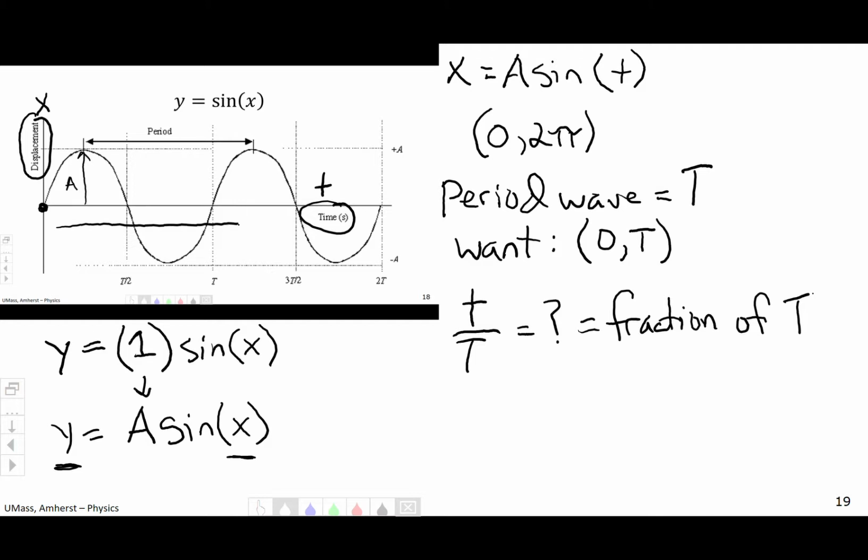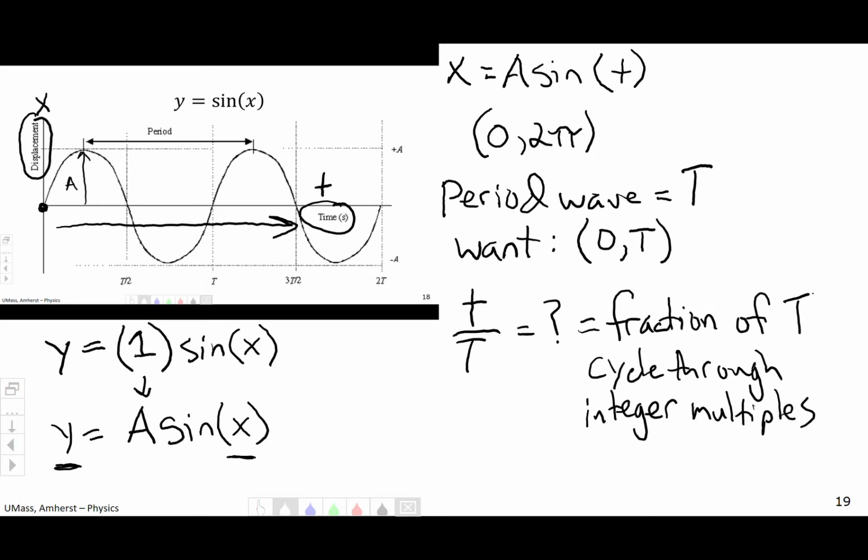So as we go along the time axis, we are going to get fractions of the full period, which means that we will cycle through integer multiples. So basically, as we go along in time, we are going to get 1, 2, 3, 4 every period. So when we hit a full period, so we get T over T, that's 1. So that is a full cycle,